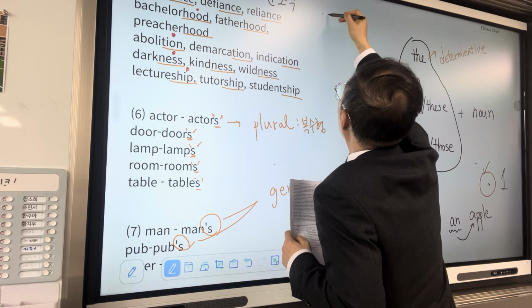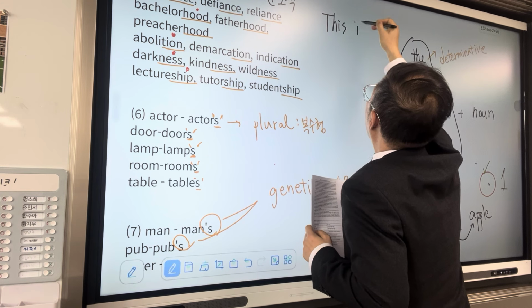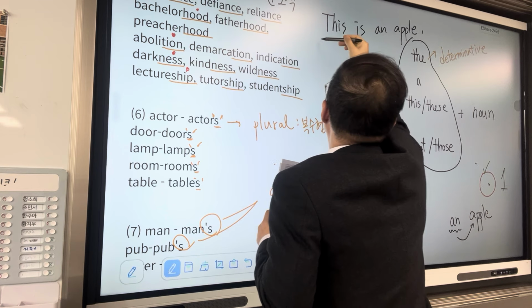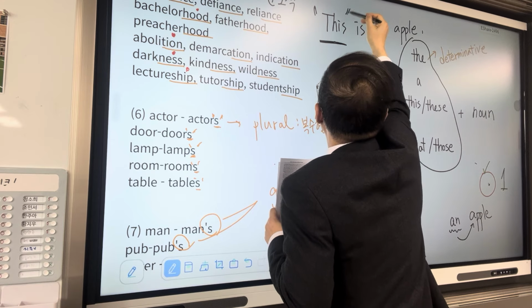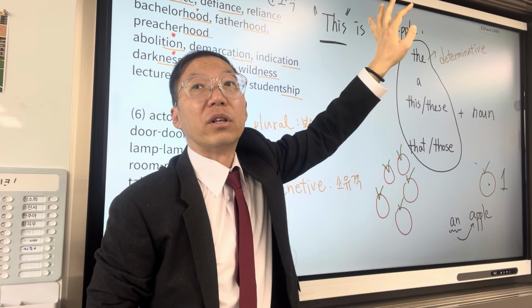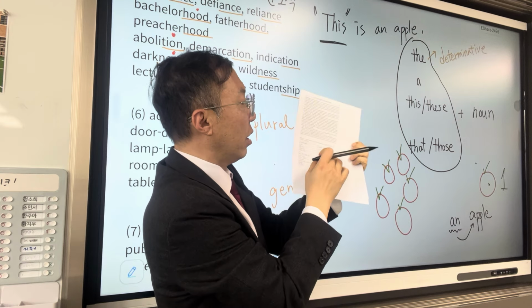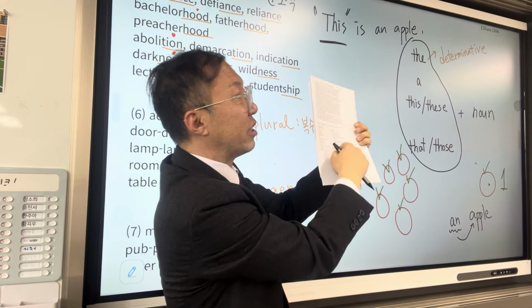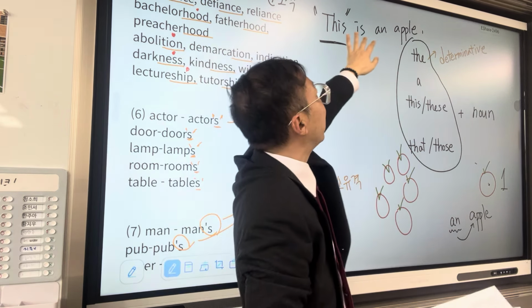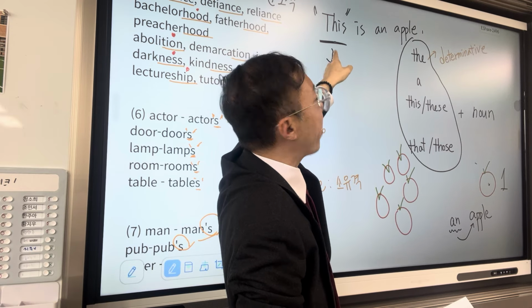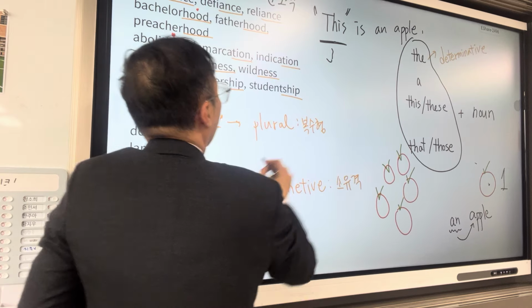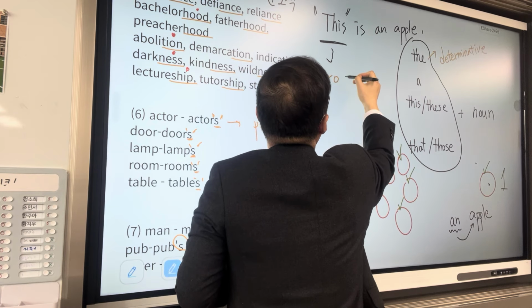And here we have the same word, this. In this case, however, this is used independently. Unlike this in the table, which is used dependently, depending on the noun film, in "this is an apple," this is used independently. It doesn't depend on anything. In that case, determiners can be used as pronouns.